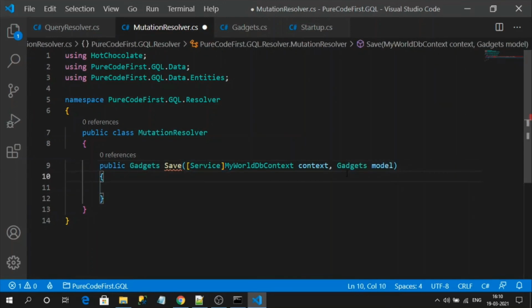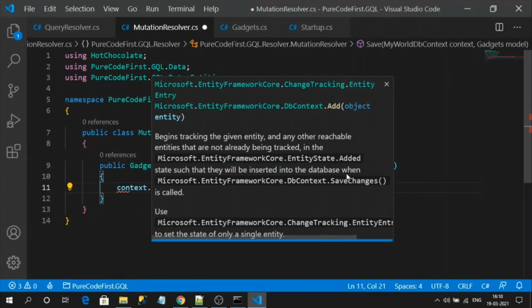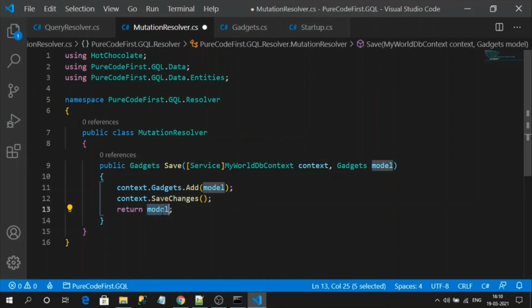Okay, so what I will do: context.Gadgets.Add the new data from the client side, and context.SaveChanges, and simply return the saved object. So how will we know the object is saved? Once the object is saved, the primary key value will be populated automatically. Based on that, we can understand it is a new record. So this is our resolver. That's it. Nothing more needed.